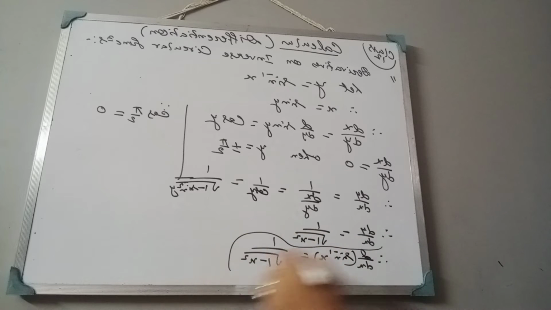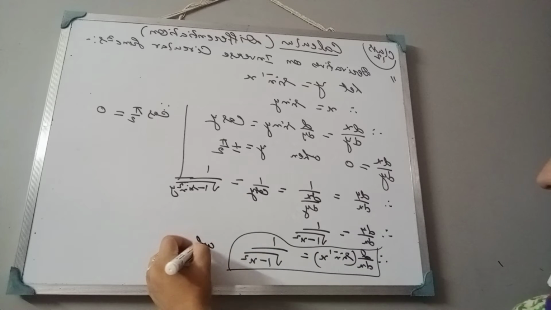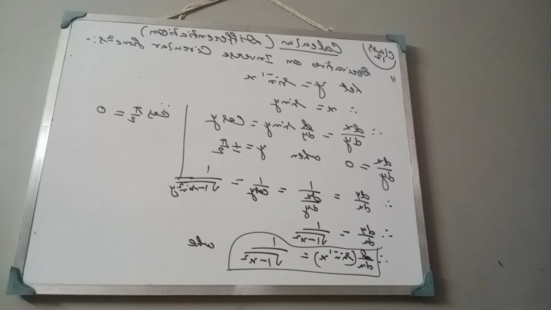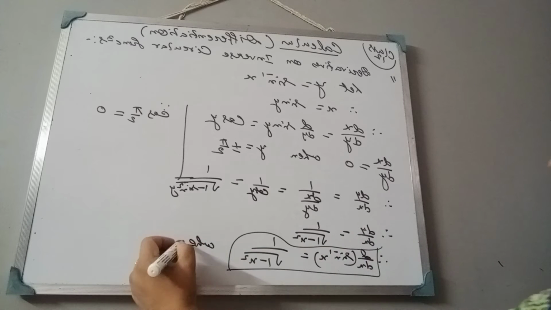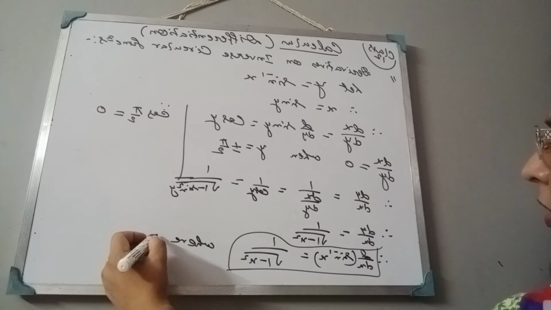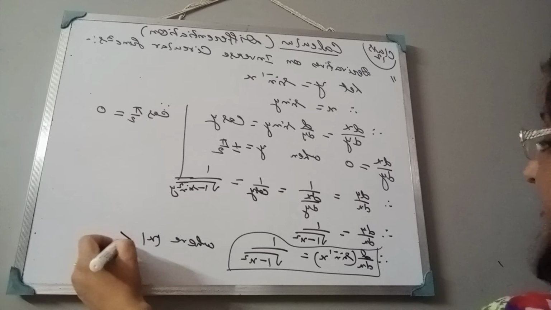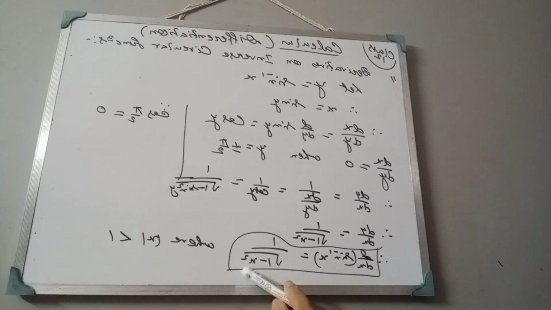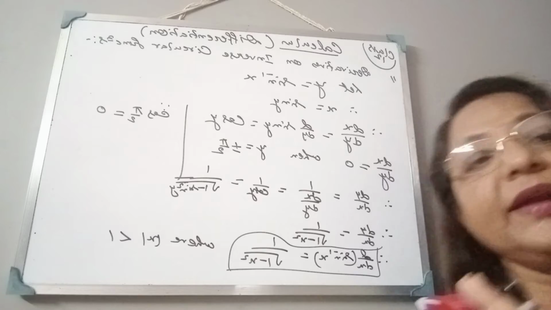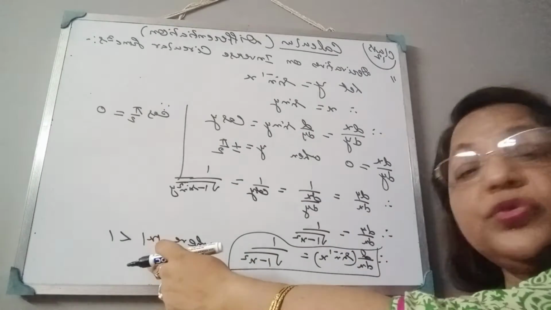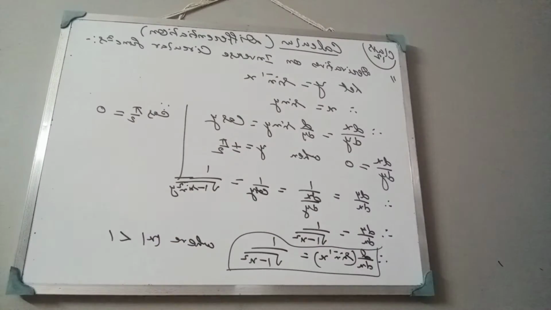This is the formula. So many formulas are there, as I have said in the last video. d/dx of sine inverse x, cos inverse x, cot inverse x, everything we have to find out. Where modulus x is less than 1. Since it is a denominator and x square is there, mod x should be less than 1. Otherwise, it will be 0, and we cannot write the denominator as 0. So it should be written mod x less than 1.